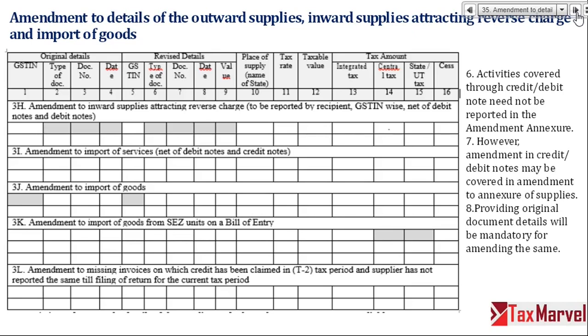Amendment means if I have a power to issue debit note or credit note, I will not take the route of amendment. I can directly go and issue debit note, credit note and report it in the ANX1. But I don't want to issue debit note, credit note. I only want to amend any particular detail. There I can amend it using this facility.